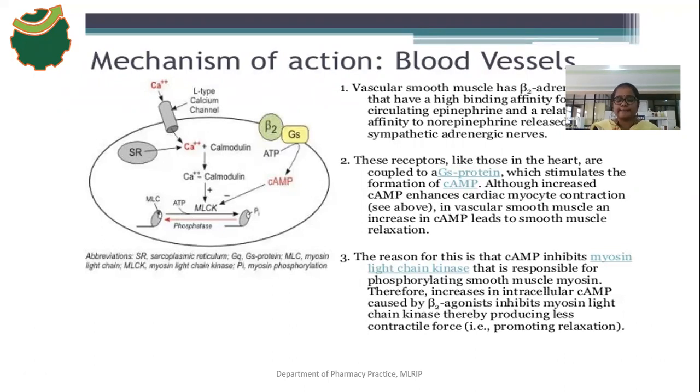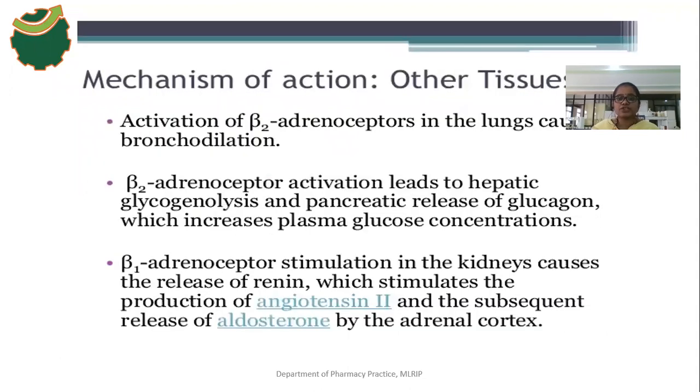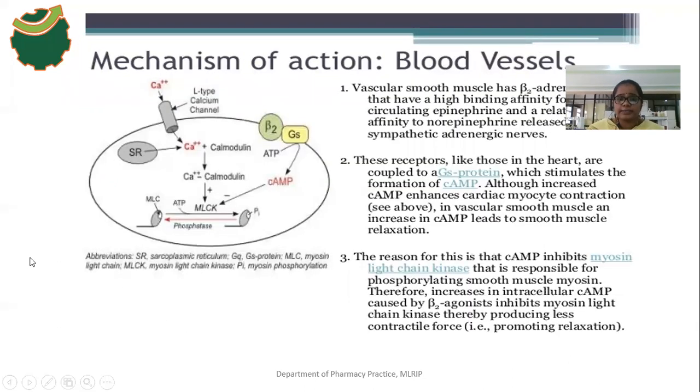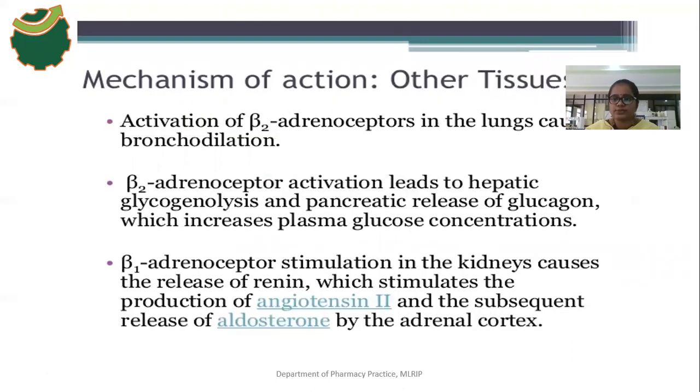Okay, and the mechanism of action of beta adrenergic receptors on other tissues. The lungs consist of visceral smooth muscles. Beta 2 receptors are also present in visceral smooth muscles. In smooth muscles, the beta 2 receptor acts through Gs protein, no? Then cyclic AMP levels increase. So in smooth muscles, when cyclic AMP levels increase, the MLCK levels decrease. Then there is a decrease in the phosphorylation of myosin protein.